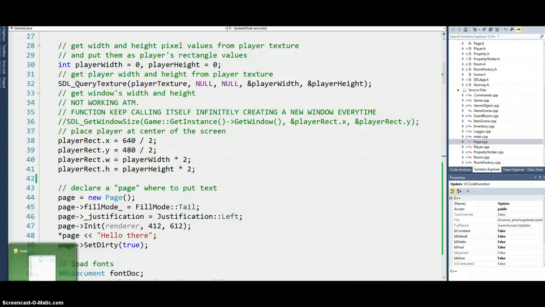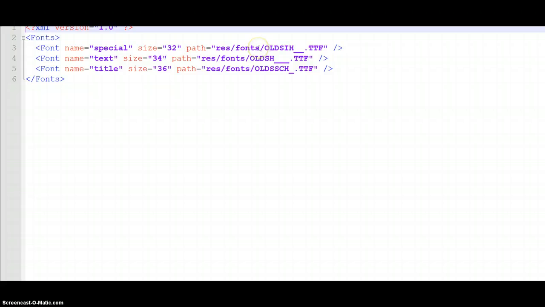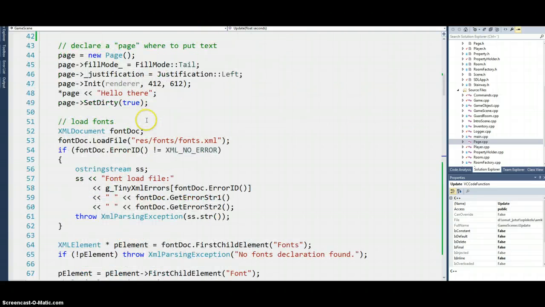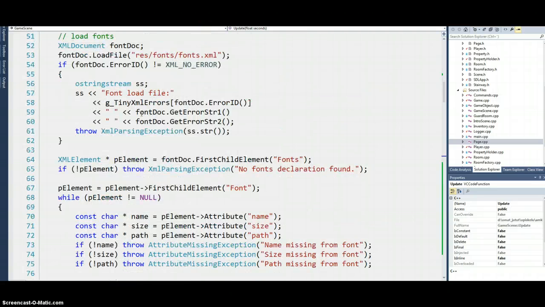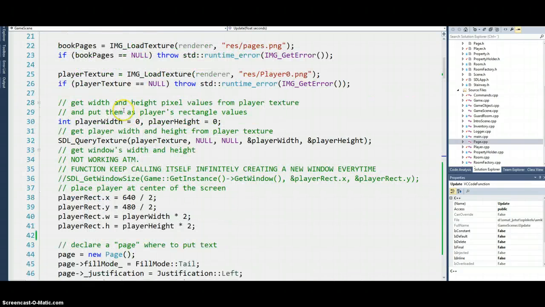The text is displayed by these fonts, so I added these fonts in the project, and the fonts are defined in this XML file. They all have a name, size and path to the font, and those are initialized in the game scene's init function.